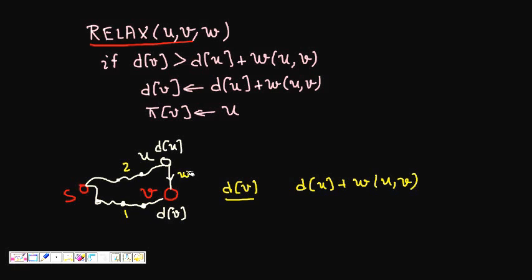So this is w comma v. If d of v is greater than this, then I should update that. The shortest path was not the first one, but it's the second path that is going via u and then taking the edge uv. This method is known as relaxation. As we are going from s to v, the node just before v is u, so u becomes the parent of v. This clears the concept of parent also: for reaching from s to v, the node just before v is u, and hence it is its parent.